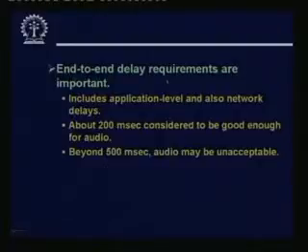For these kinds of real-time applications, the end-to-end delay requirements are very important because there are two parties who are interacting among themselves. And when you say delay, this delay actually refers to the total delay. It will include the application level delay as well as the network delay. Now, as a very rough rule of thumb, if the delay is about 200 milliseconds, it is considered to be good enough for interactive audio,